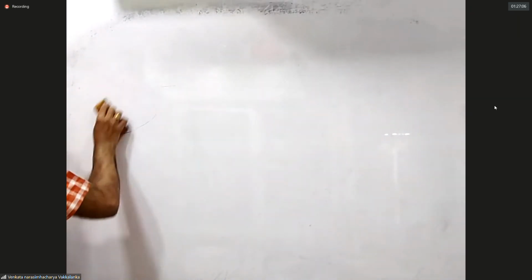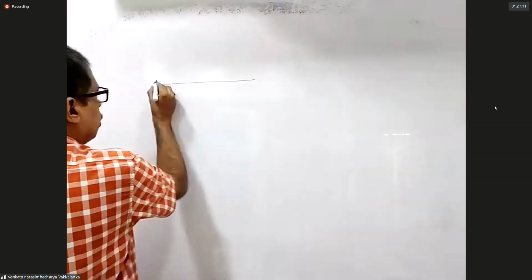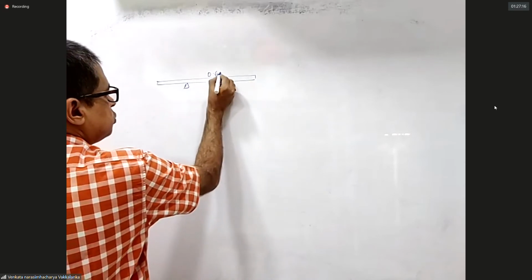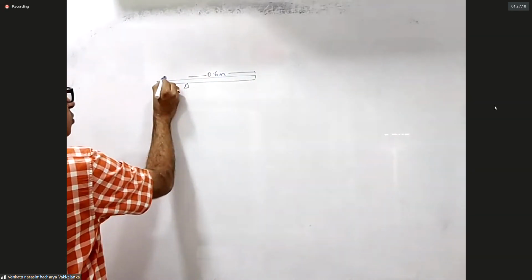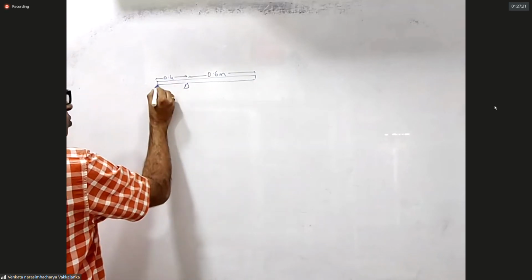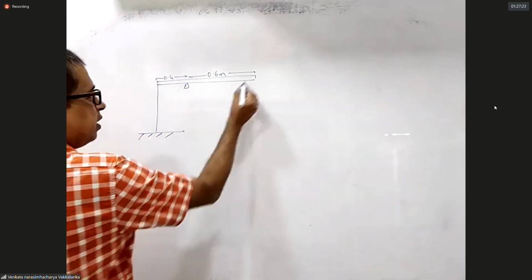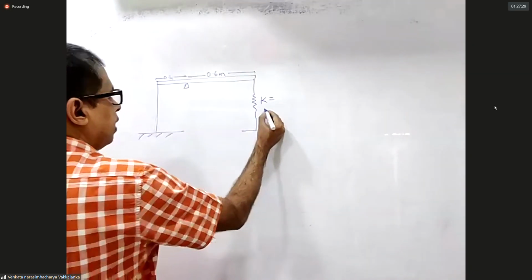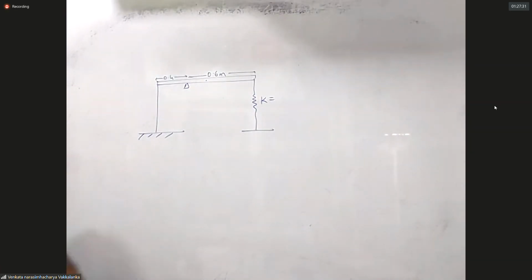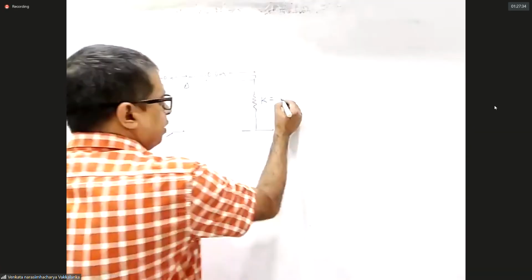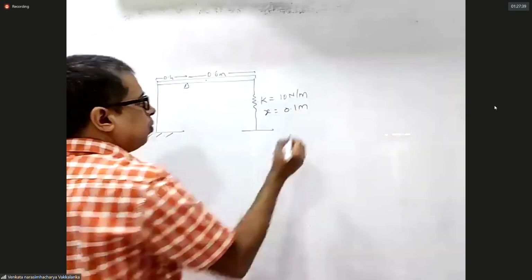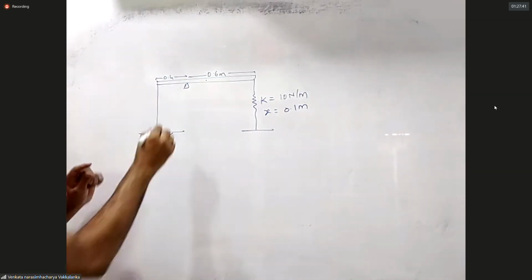Same problem, slightly twisted. This is a thin rod of length 1 meter. This is 0.6 meters. This is 0.4 meters. Tied by a string here, connected by a spring. And K is 10 Newton per meter. Elongation is 0.1 meter. See, on this peg,